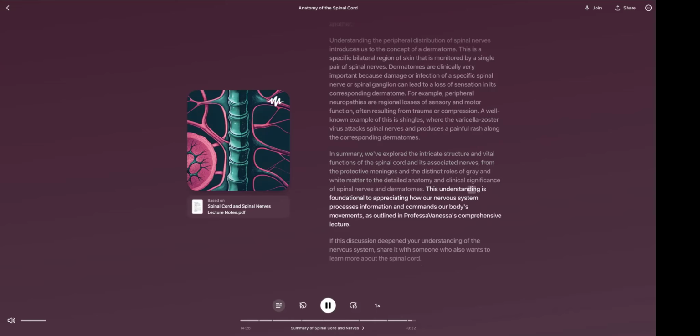This understanding is foundational to appreciating how our nervous system processes information and commands our body's movements, as outlined in